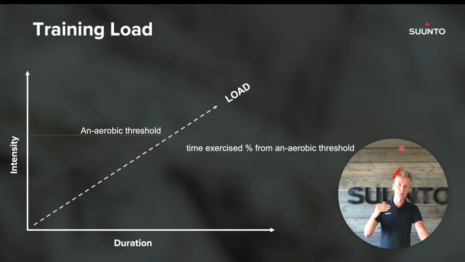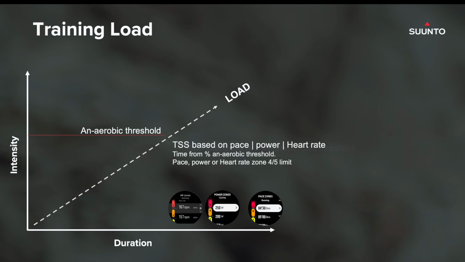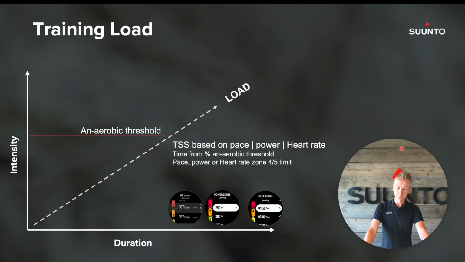So it's a percentage from anaerobic threshold which will impact what type of load value you get during a certain period of time. So basically here we can see that anaerobic threshold load increases based on the duration,